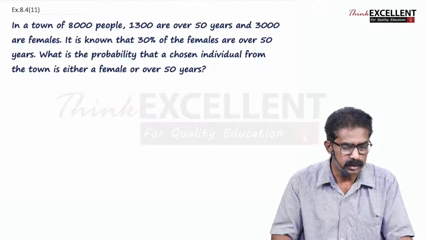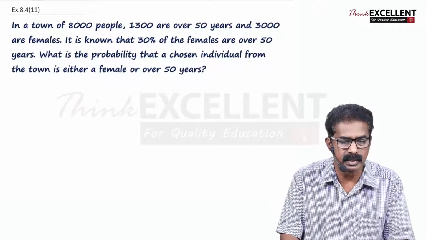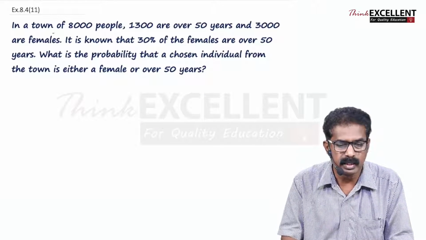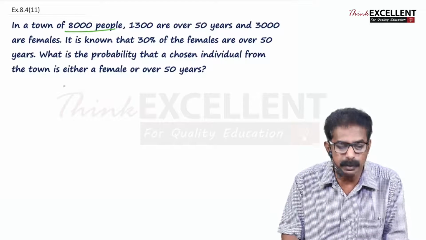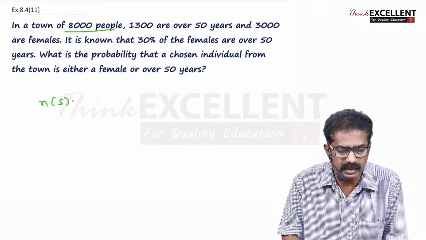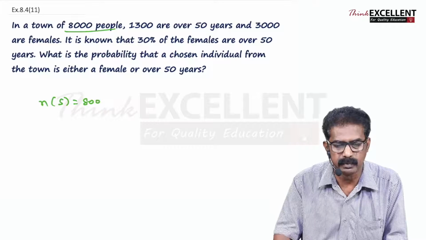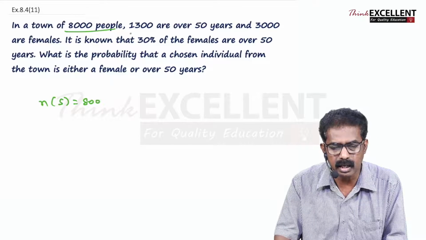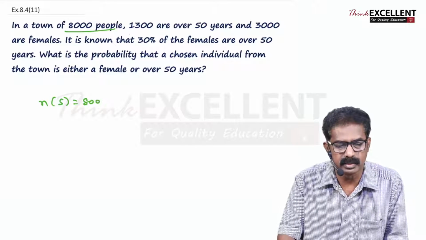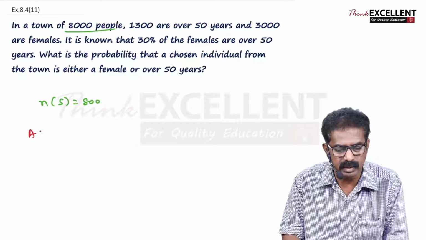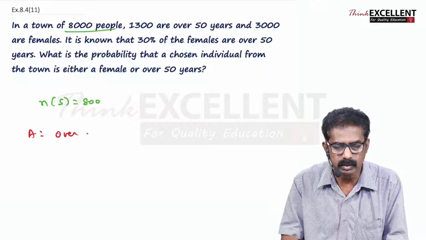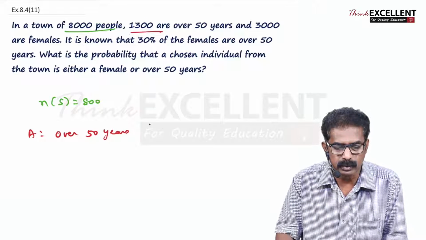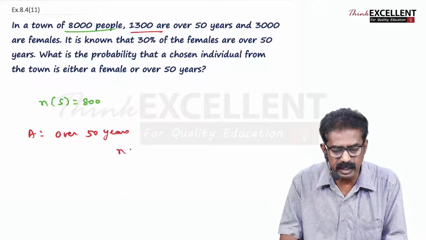Now let's move on to question number 11. Please listen carefully to this question. In a town of 800 people, so total N of S is equal to 800. 1300 are over 50 years. So let A stand for age over 50 years. How many are there? 1300. So N of A is equal to